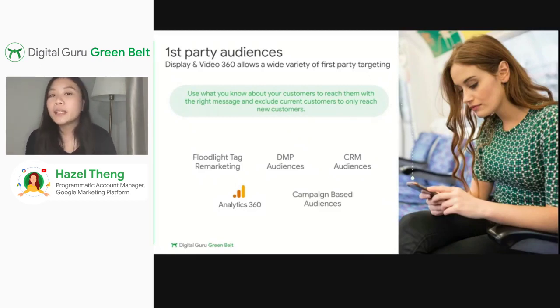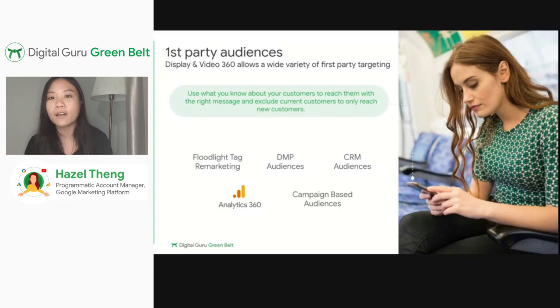Then there are DMP audiences. If your advertiser uses a DMP like Krux, Salesforce, or Adobe to collect and maintain audience lists, you can push those segments directly into DV360 to activate. Next, we have CRM audiences. I think this is very popular among brands.